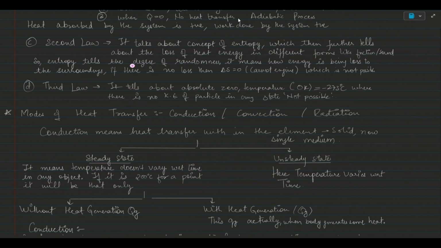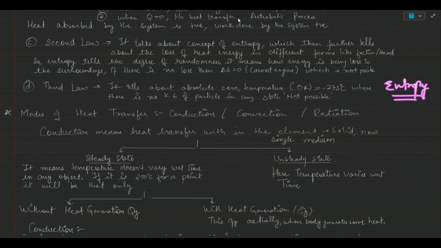We have always seen a simple definition of degree of randomness. That is really confusing. One has to understand, when I say second law, yes, it is related to entropy. Now we will go in a different way. What is entropy? Let's say this is a system, I provided a Q heat and I am able to do some work, and some part of it is getting lost, let's say in the form of friction, sound or any other thing. So whatever partial loss is happening to my system is known as entropy.